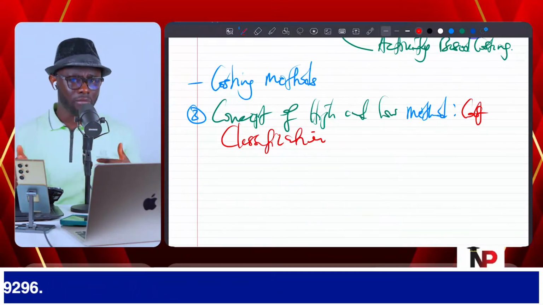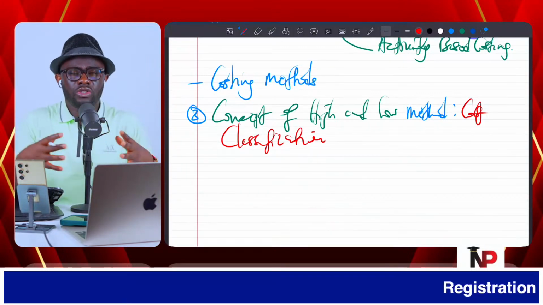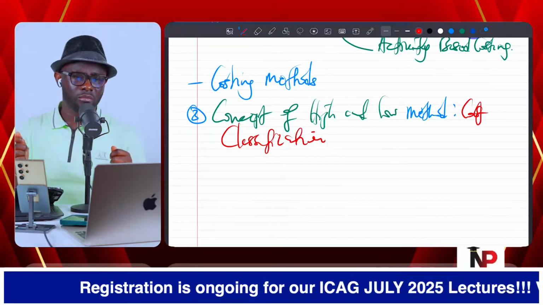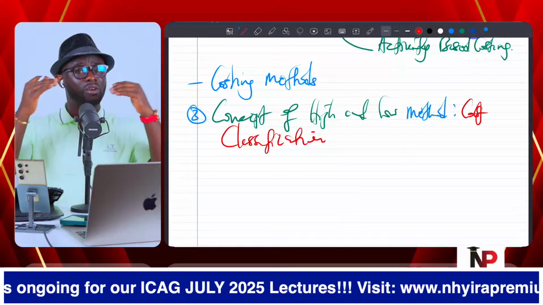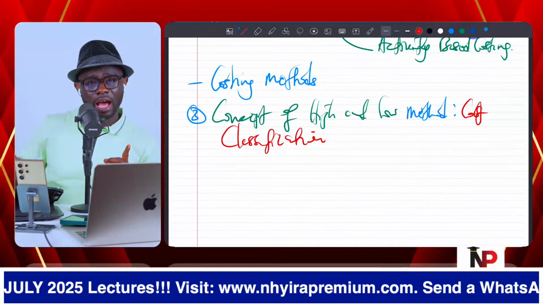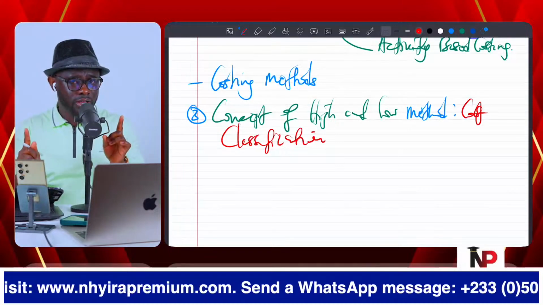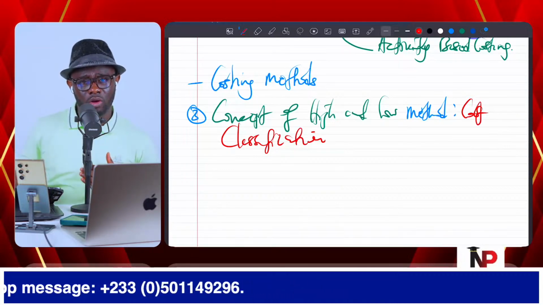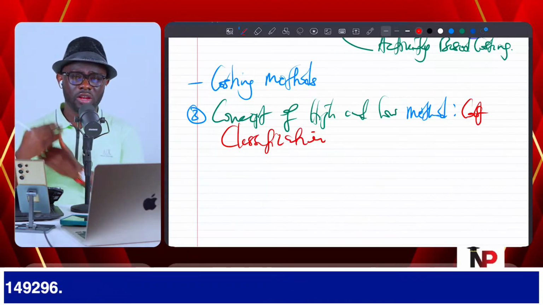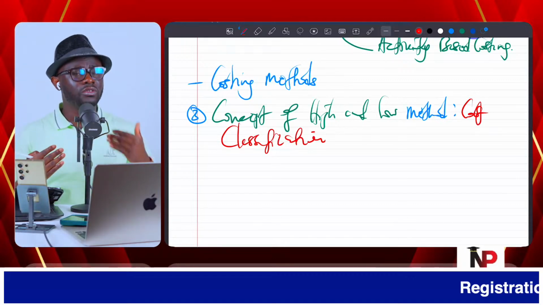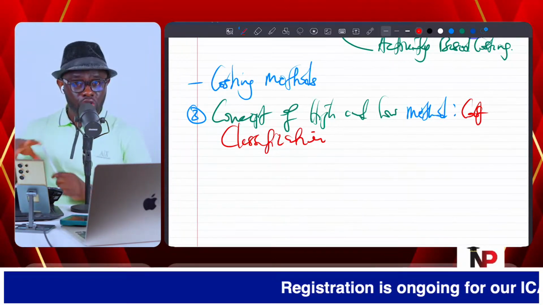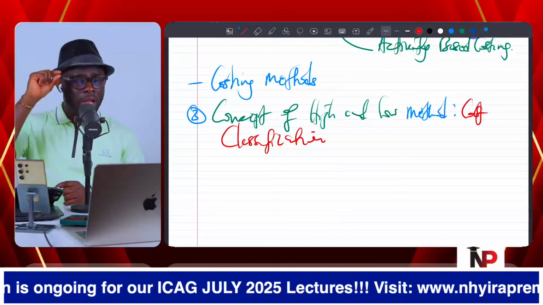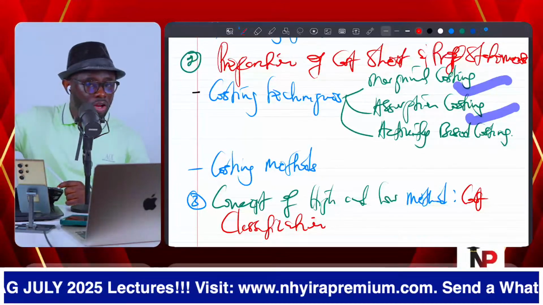When you are doing cost classification, this is where you will know we have fixed cost, variable cost, step cost. Then when the total cost is given to you, how do you split the total cost into its fixed component and the variable component? That is where we use the concept of the high and low method. The high and low method principle is important because it is applicable in the preparation of the cost sheet or the cost card, but it can also be called on under budgeting when we are preparing the flex budget or preparing the budget of the entity. And so you must understand cost classification according to behavior, function, and nature, because all of those things will knit together.